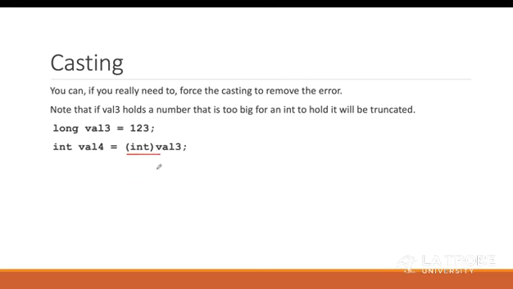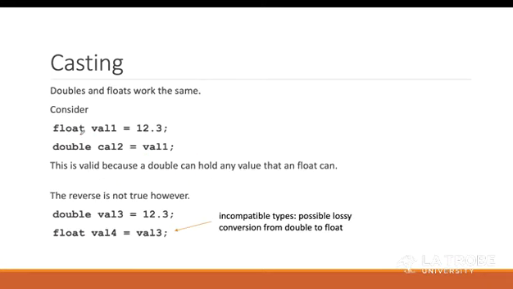But the problem with this is, here it's fine, the value assigned was just 123, but let's say the value assigned to the value3 variable was too big, maybe bigger than the size of an integer. Then when you are trying to cast it here, the value will be truncated, because integer can only hold a certain size and long of course has more size compared to integer.